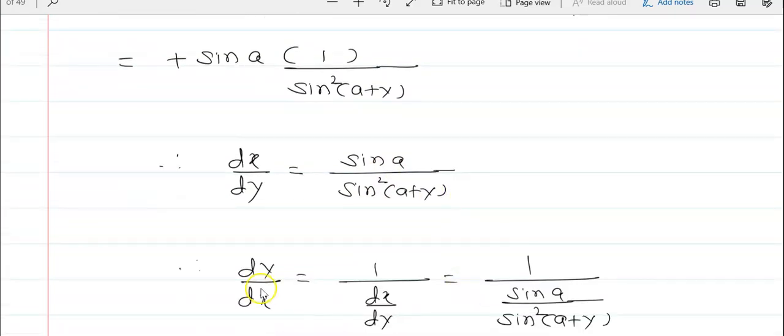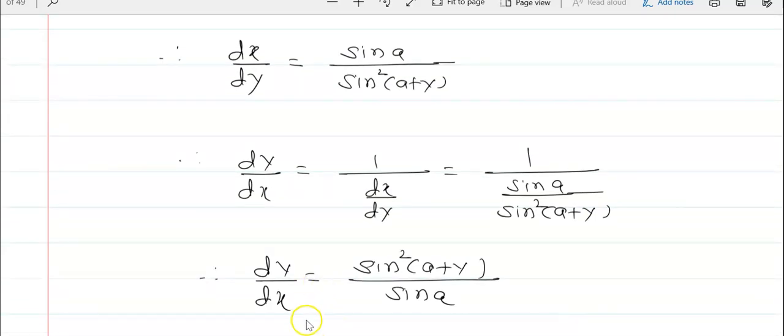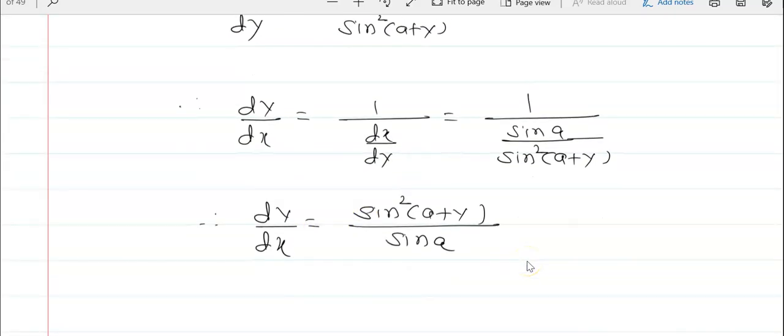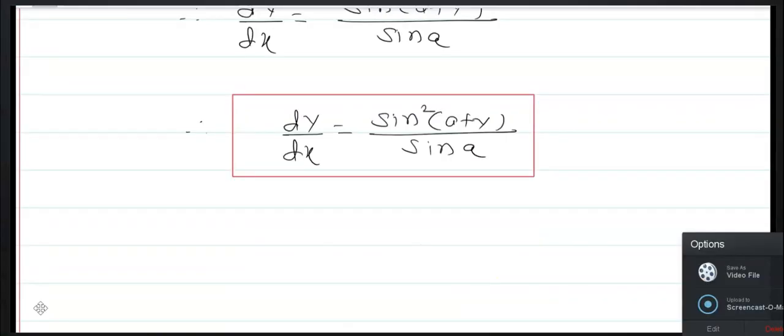Therefore dy by dx is equals to 1 upon dx upon dy, and that's equals to 1 upon sin a upon sin square a plus y. Therefore dy by dx is equals to sin square a plus y upon sin a, and hence the answer. Now the next is